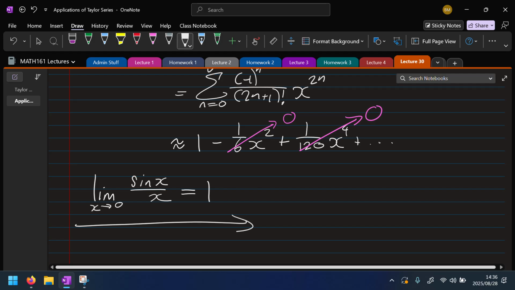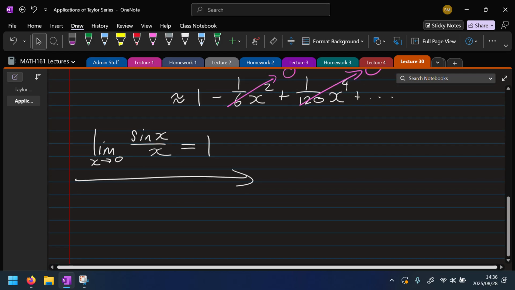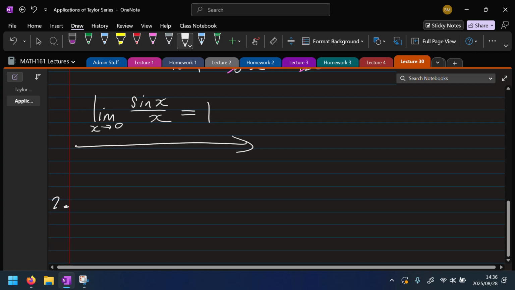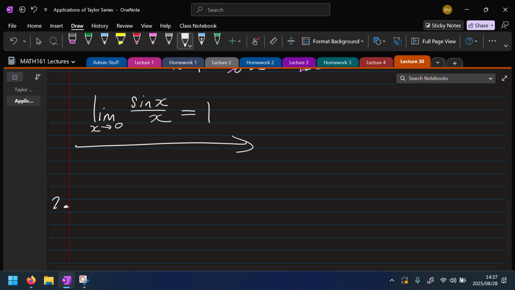Right. Any questions for this first example? All clear. Okay, let's look at a few more. So that was example 1, example 2. Okay, and the idea is the same. We're going to get some complicated function, and we're going to replace the function with its Taylor series, and then take a few terms. So example 2, we have the limit, x goes to 0, x minus the natural log